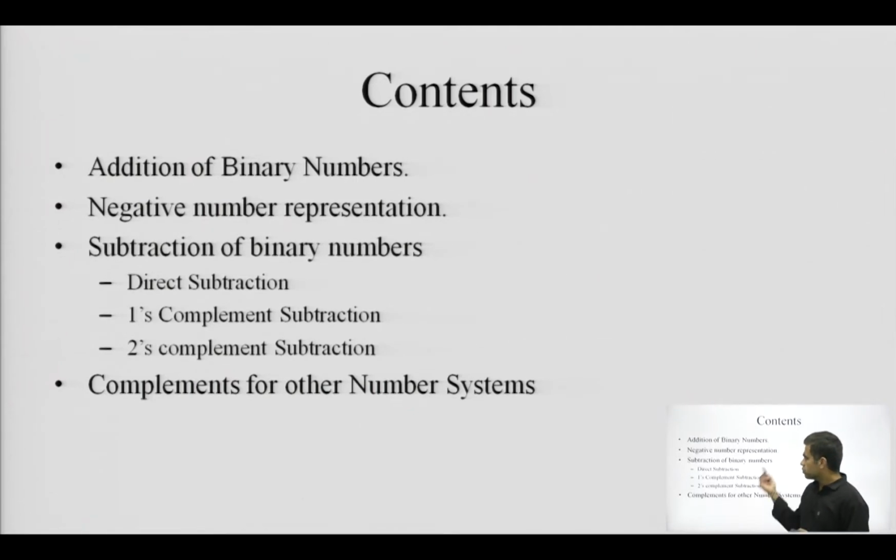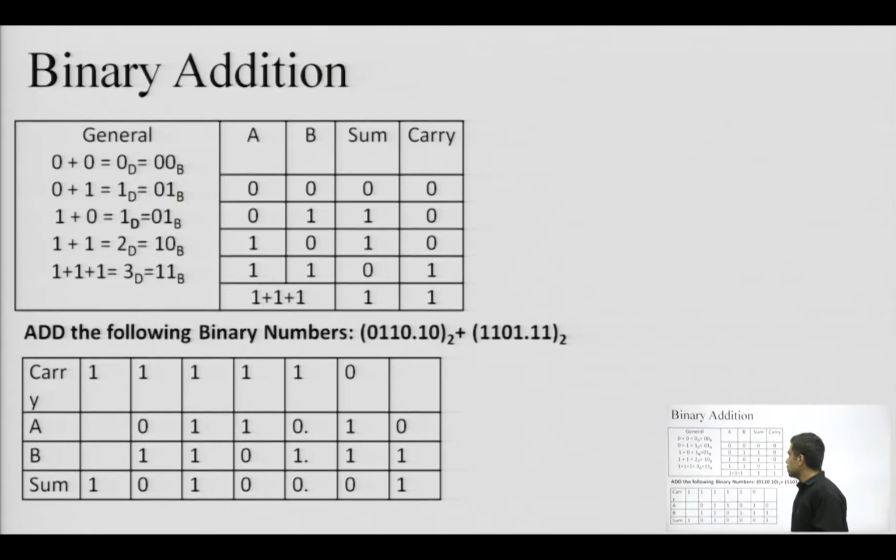So, let us start with the first topic of ours, addition of binary numbers. These are the rules for binary addition. The majority of the rules used for binary addition are pretty simple ones. If you add 0 plus 0, you will get sum 0 carry 0. Similarly, if you add 0 plus 1, you will get sum 1 carry 0. Similarly, if you add 1 plus 0, you will get sum 1 and carry 0. The last case, which is a bit different and a bit tricky, is 1 plus 1. Now, 1 plus 1 is sum 0, carry 1.